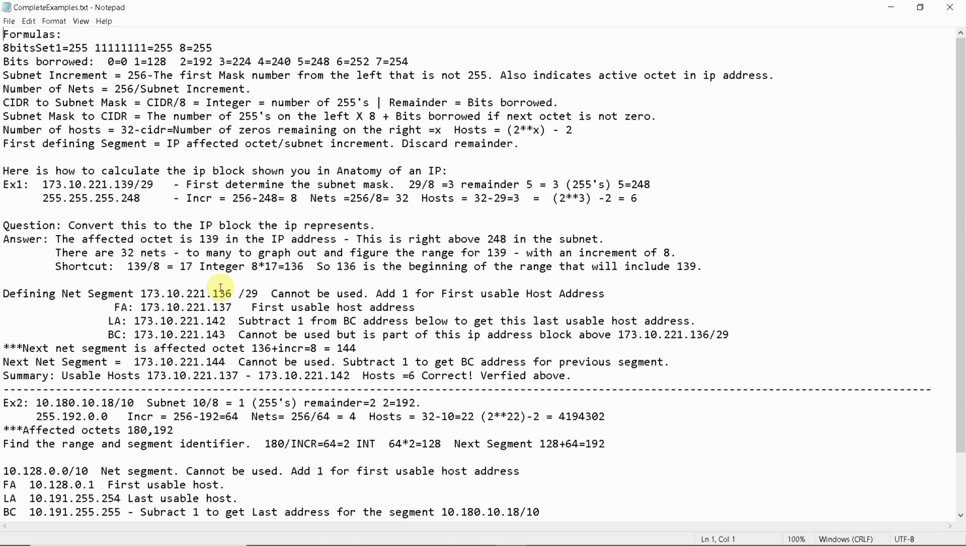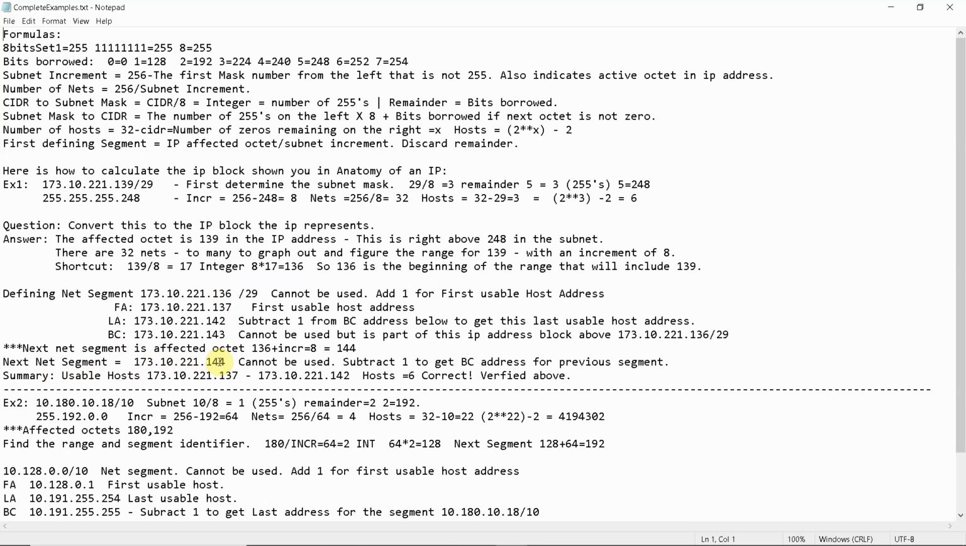Okay, I want you to understand this. This is our active octet because of this. All right, this has now been changed to 136. Okay, 139 is going to fall in this range. So follow me. This is the net segment. Okay? Let's find the next one. So we can take 136 and we're going to add to it the increment. Okay? So what is the increment? It's 8. We take 136 and we add 8 to it and we get the next net segment,